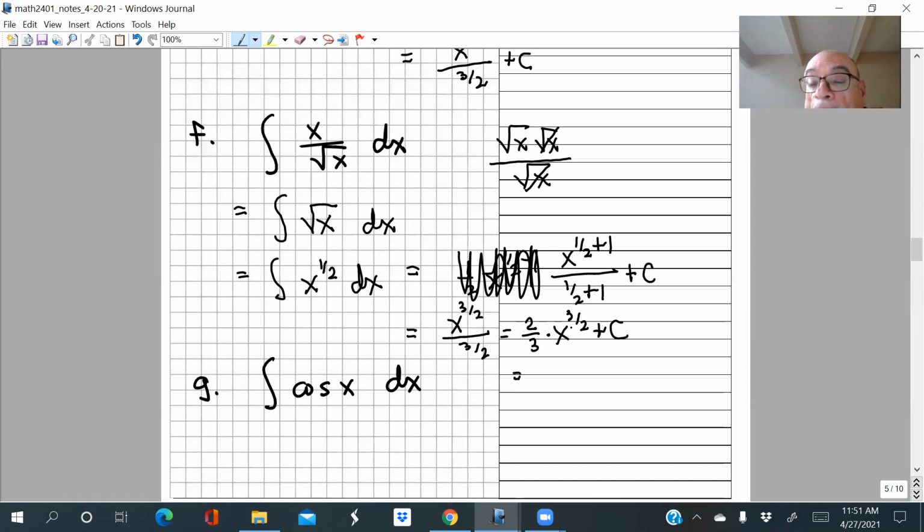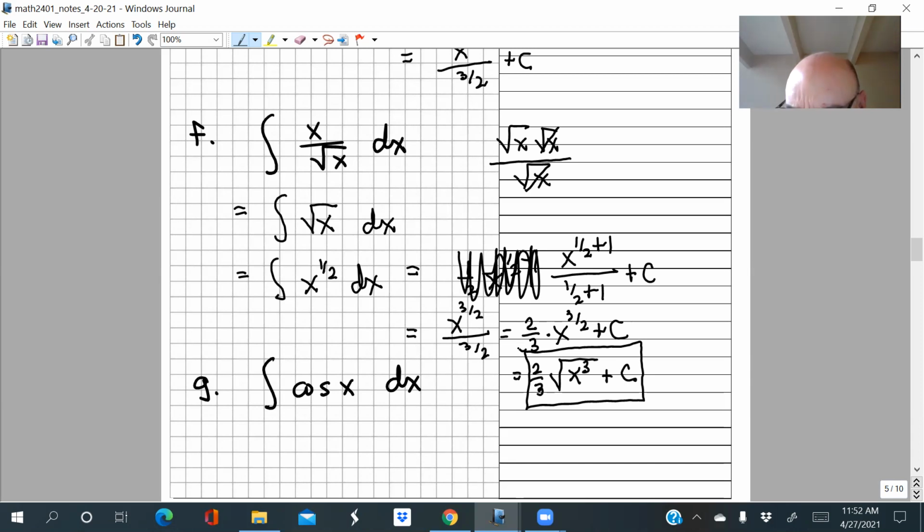But if you want to convert this back to radicals, you can do that. So this is 2/3 times, what does 3/2 power mean in terms of radicals? Well, remember the 2 in the denominator tells you this is a square root. So you're going to get a square root here, and then the 3 stays as an exponent. So you have 2/3 times the square root of x cubed plus a constant. You actually can simplify square root of x cubed a little bit, but I think I'm going to leave it like this. This is pretty good already. So there's our antiderivative, 2/3 times the square root of x cubed plus a constant.